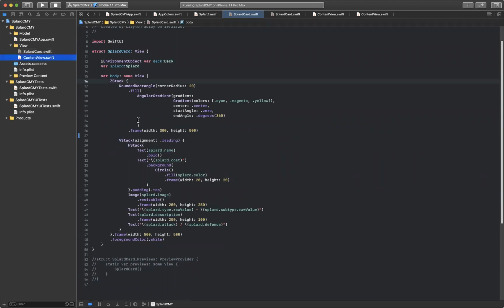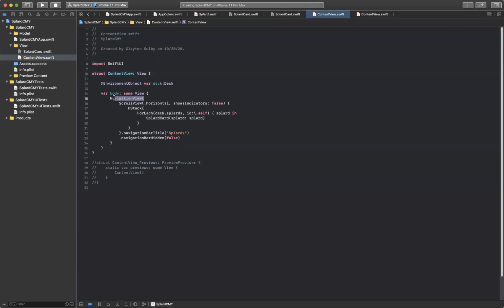And then the content view, we've got a navigation view with a scroll view, which goes horizontal. And that scroll view has a horizontal stack with a ForEach of all the cards. So this is just one card. This ForEach is much like a for loop, but it's designed specifically for the views. And it's saying, okay, deck splards is what I named cards in this version. Splard, which is the type, or splard is just the variable name, but it's what it is now. In splard card, which is the